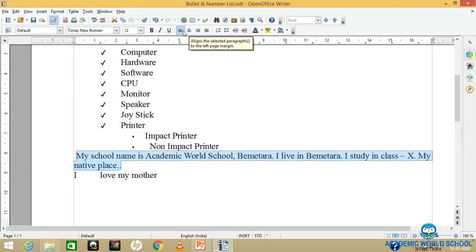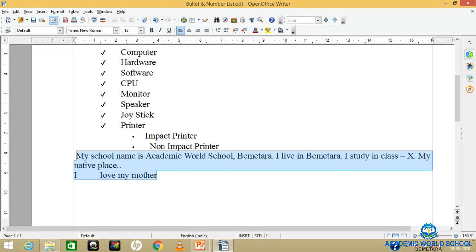Now next, before applying alignment, you have to select your document. Now for center alignment, what you have to do is select this and then bring your cursor here. So here you press, and your matter will appear in the center between the left and right margin.